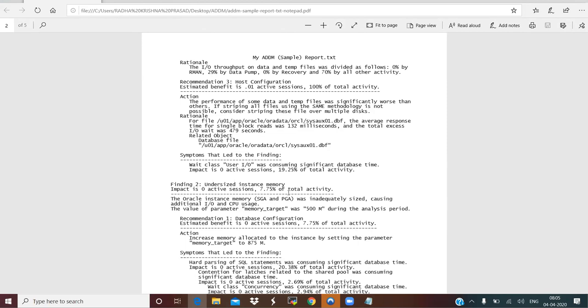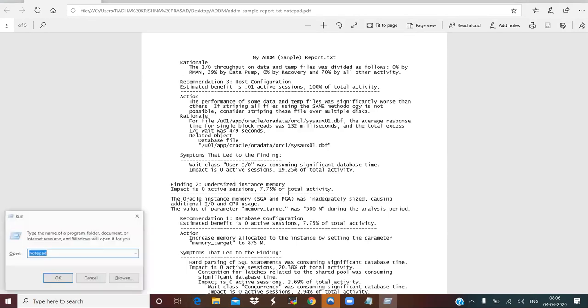In addition to diagnosing all these performance problems, ADDM recommends multiple solutions from which you can decide. You can choose or you can decide. ADDM will give you all the possible solutions that you can implement as part of your performance implementations. The first thing is